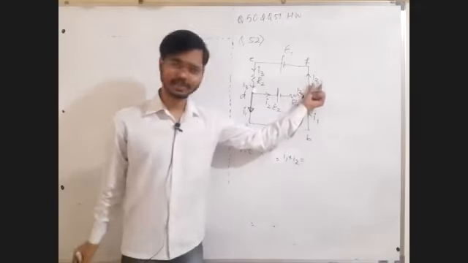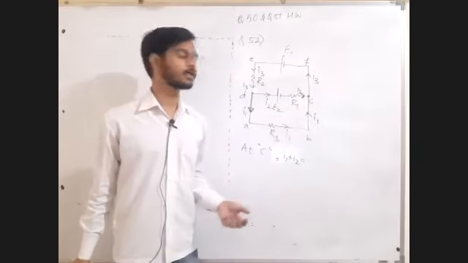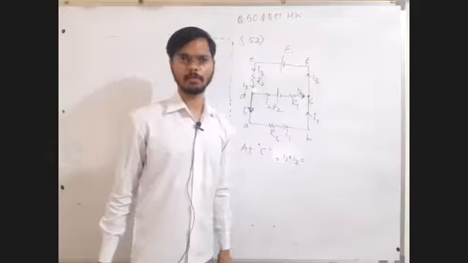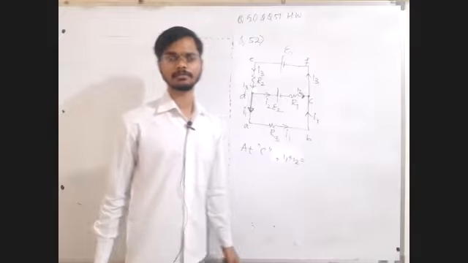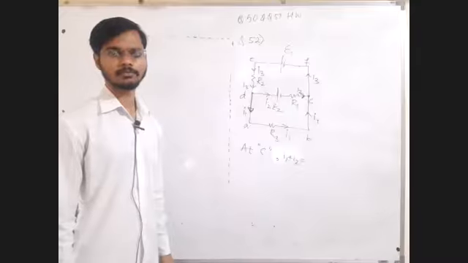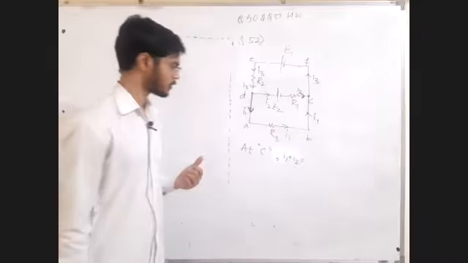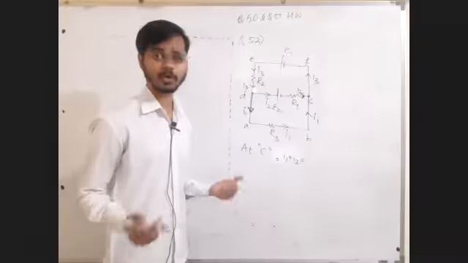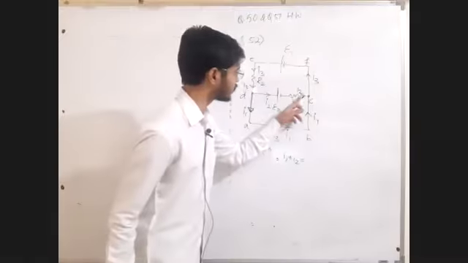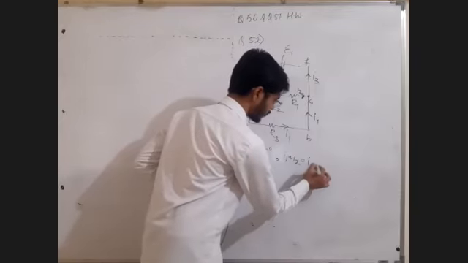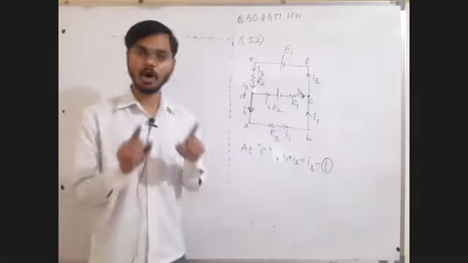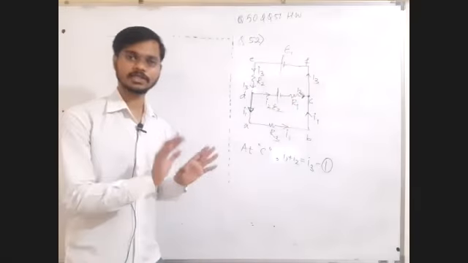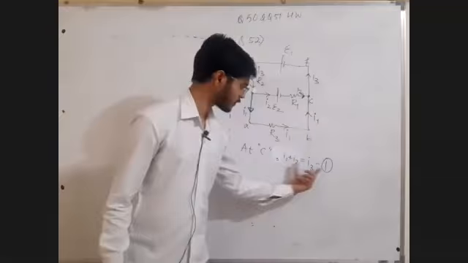So instead of creating a third variable I3, what they could have done? They could have written I1 plus I2. Yes or no, reply me in the chat box. Why to create extra variable I3? I will solve two equation two unknown problem rather. Okay. So this I1 and I2, they have written I3. So for time being, this is going to be your first equation. Because they have assumed three variables I1, I2, I3 in the illustration itself. It's okay. This is going to be one equation.